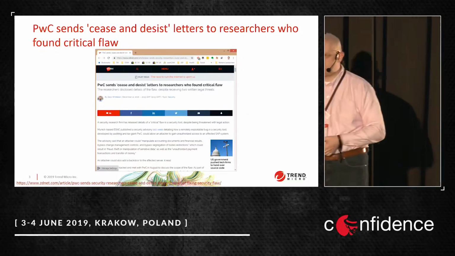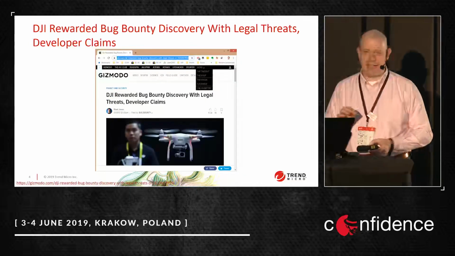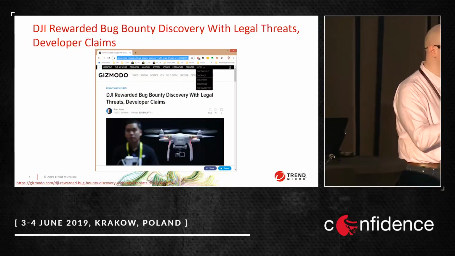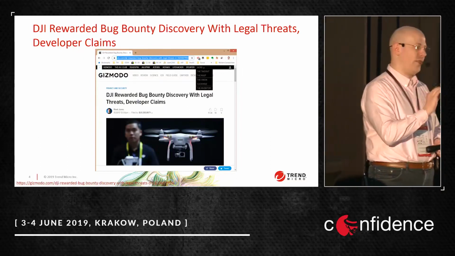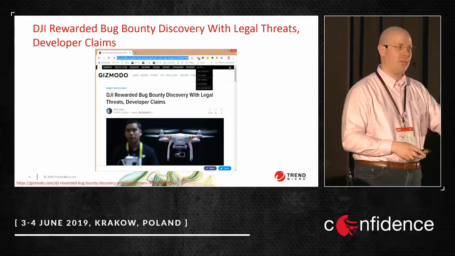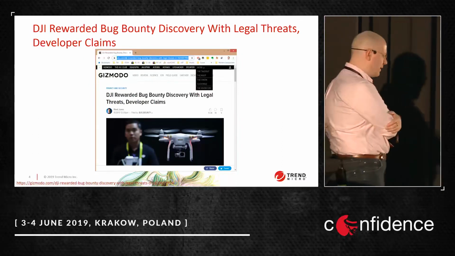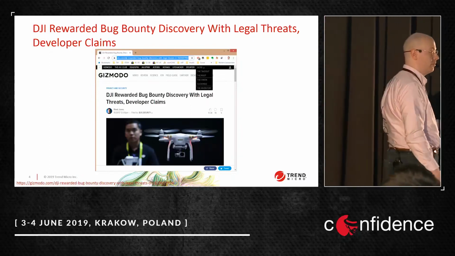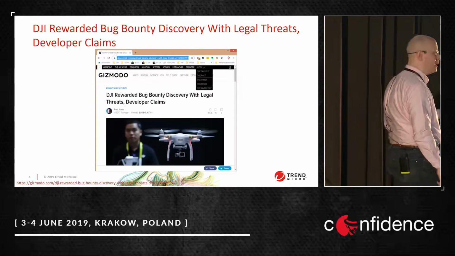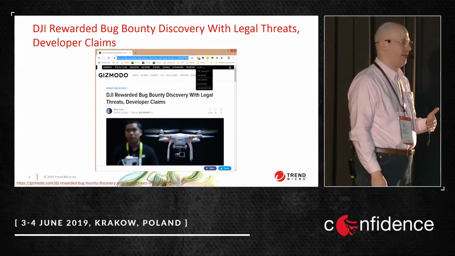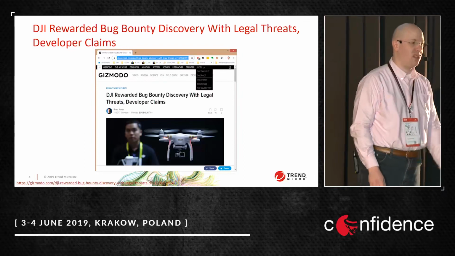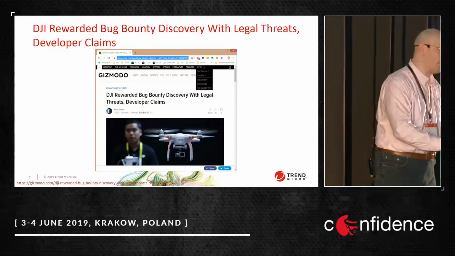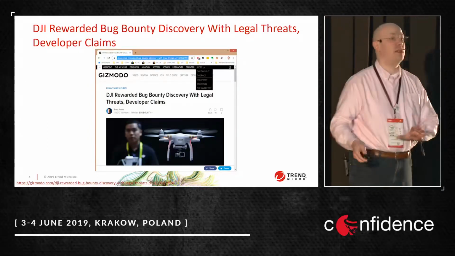But it even gets better. Even if a vendor has a bug bounty program, in some cases they only want to hear about bugs that are covered by their program. This is a pretty good example where the bug bounty program was for the actual firmware of the drones, and somebody found a vulnerability in their website and told them. And the reaction was, well, this vulnerability is not covered by the bug bounty program. Again, if you're going to disclose it, you will be in big trouble.